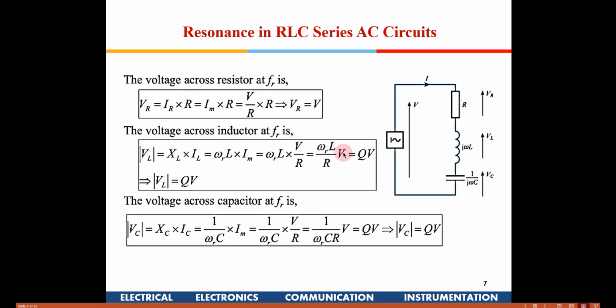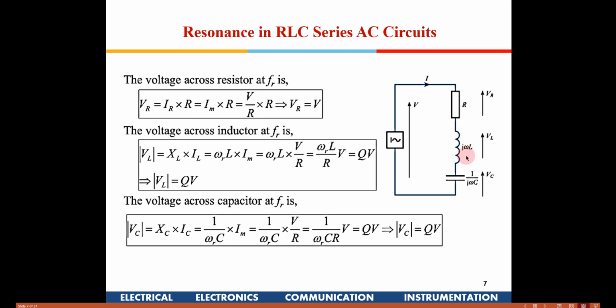Now if you see, the voltage across the resistance at resonant frequency will be the applied voltage. Whatever is the applied voltage, the voltage VL and VC are going to cancel each other, because the impedances get cancelled each other. So you have I into R. So you have an I max into R. So you get this same voltage. Whatever is the applied voltage, that will be available across R.